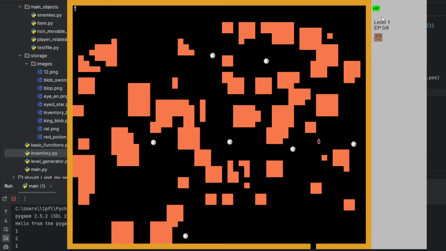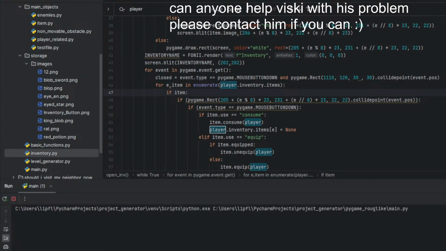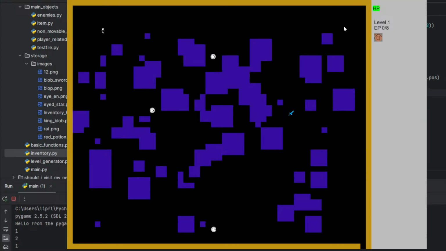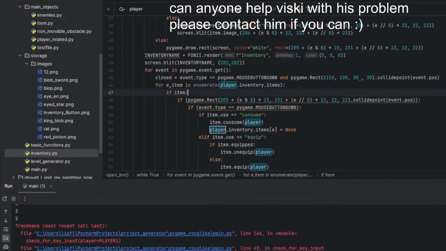Because in this zone the object does not exist. Here it exists, only for a short period of time.